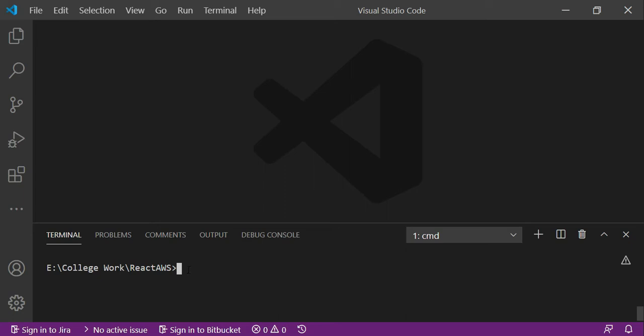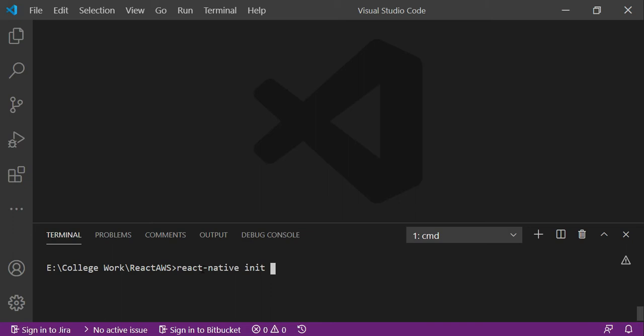Okay, so in this directory I have to create a new React Native application. Okay, so see, I have already set up the environment for React Native. If you have not yet done so, then you have to set it up and configure your Visual Studio Code for the React Native environment. Okay, so if it is done, then here we have to execute one command, that is react-native init.